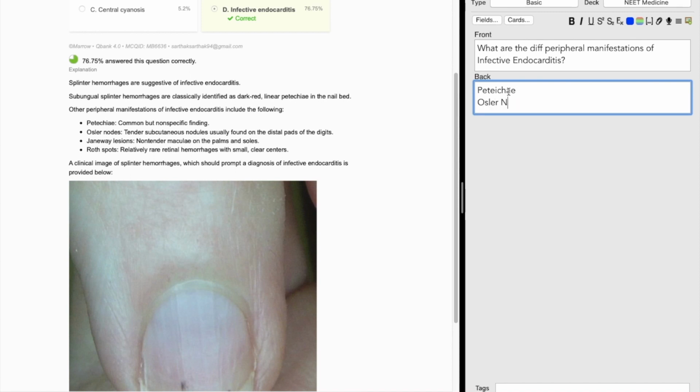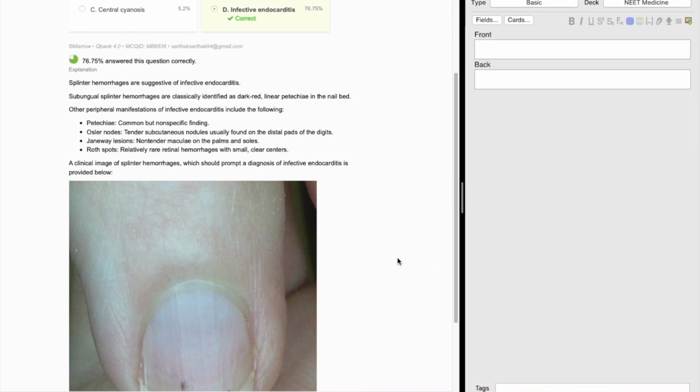Osler nodes, Janeway lesion and Roth spots, and I'll click on add. So this is our first flashcard.